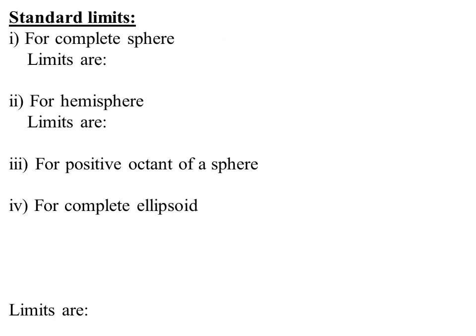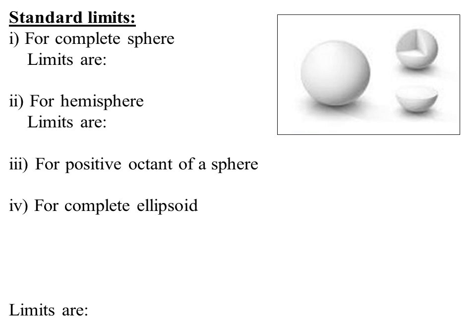Let me give you standard limits here. So consider one complete sphere whose equation is given by x square plus y square plus z square is equal to a square. Now this particular equation of sphere is a standard sphere which is centered at origin 0, 0, 0 and having radius a. So this is our finite solid having certain radius. So limits of this complete sphere we can give as theta is equal to 0 to pi, phi is equal to 0 to 2 pi, and r is equal to 0 to a.